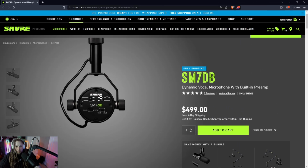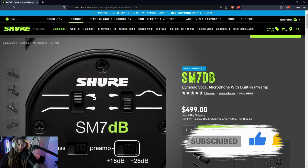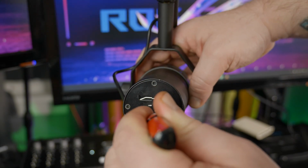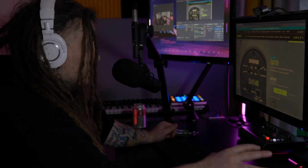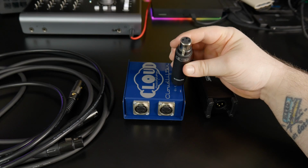And also the switches on the back, not just the preamp switches, but the switches for either flat or the low cut or the presence boost, those are easier to adjust, right? For the actual SM7B, you have to use a screwdriver to get in there and move that around. For these, it looks like you can actually just flip the switch. So everything about this microphone is better. Even if you're going to record very loud sources, I would still spend the extra $100 for this mic and just bypass the preamp. And then whenever you need the preamp, hey, you don't have to order a Cloudlifter